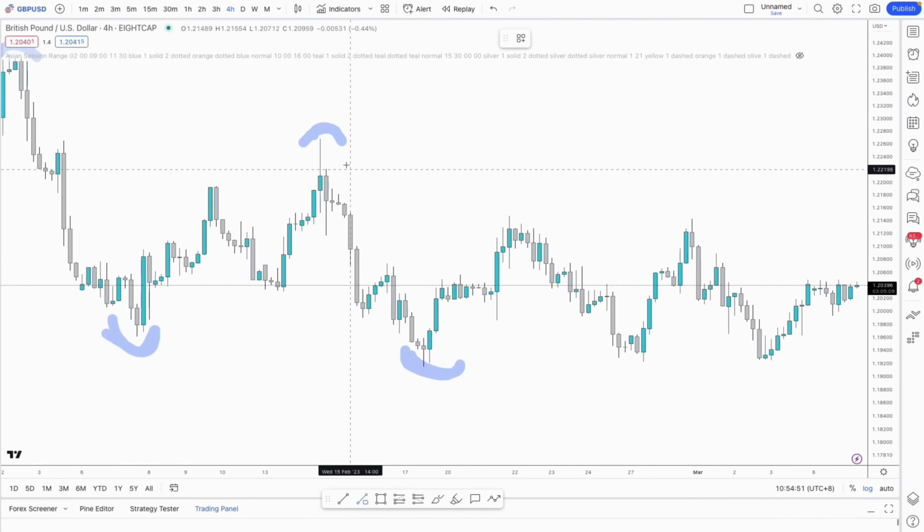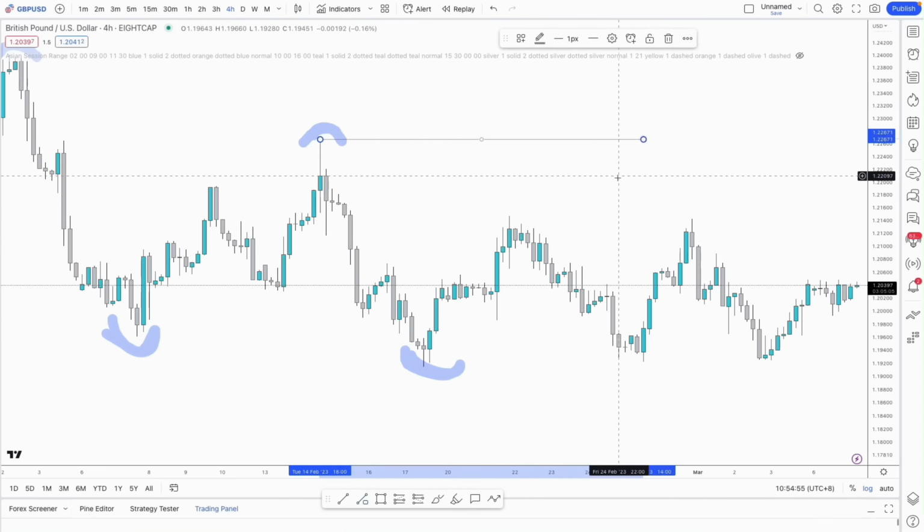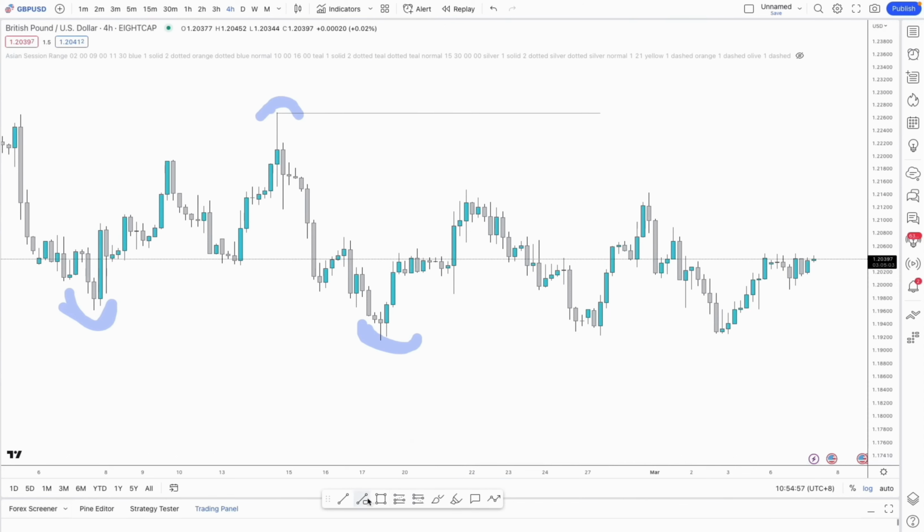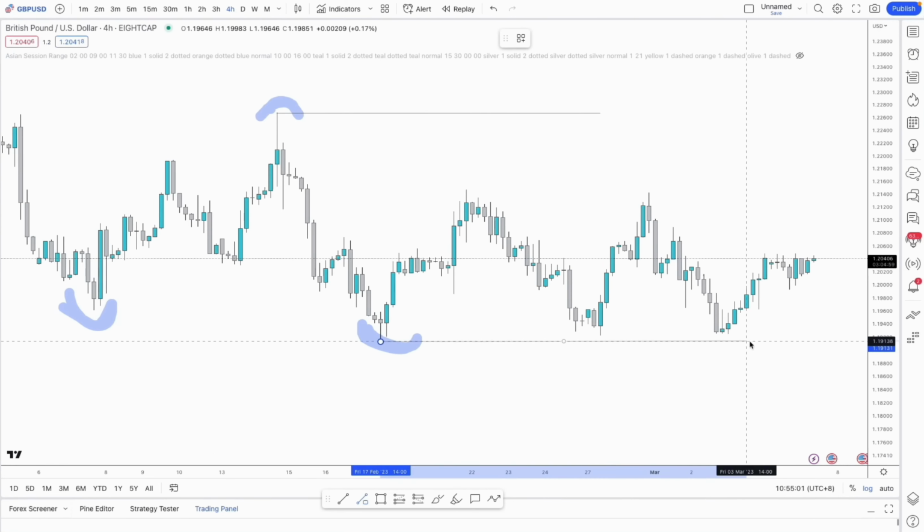And as it stands right now, we are currently ranging externally from this high right here to this low right